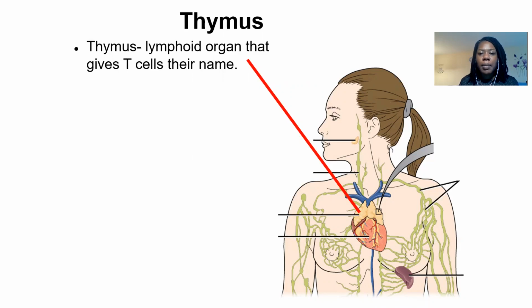So we start off with the thymus, and the thymus is a lymphatic organ that is found anterior to the heart in the anterior thoracic cavity. It's a lymphoid aggregative tissue. It is where T cells go to mature. This happens early in life, usually before or up until the time of puberty. And so we have a nice large size thymus in younger